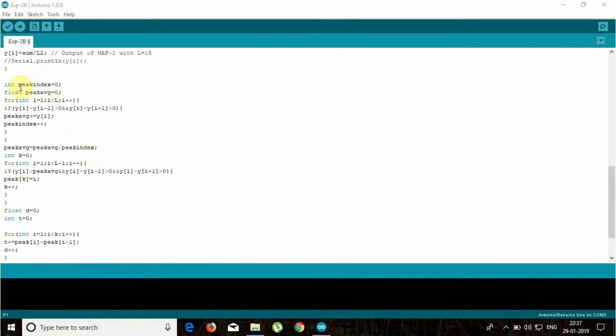And here we declare another variable, peak index. This is for storing the number of peaks detected, and this peak average is for calculating the threshold value for the detection of the peaks. In this loop, we will check for a condition such that a sample is said to be a peak